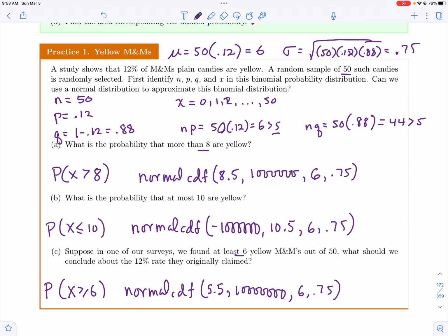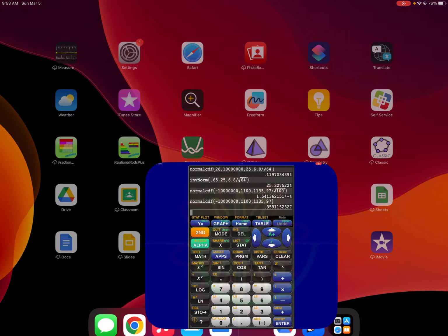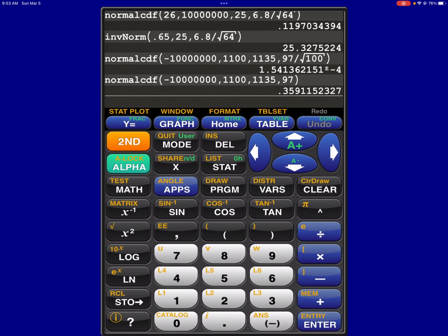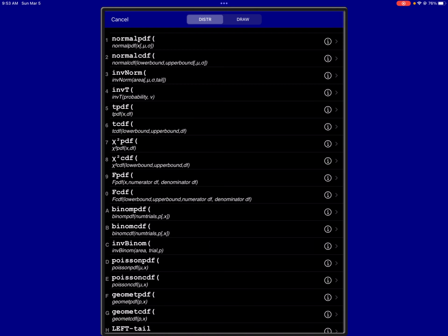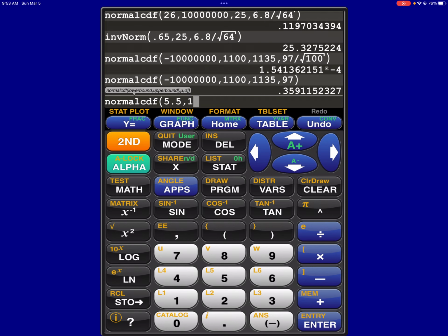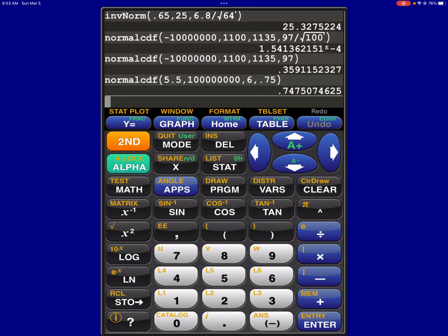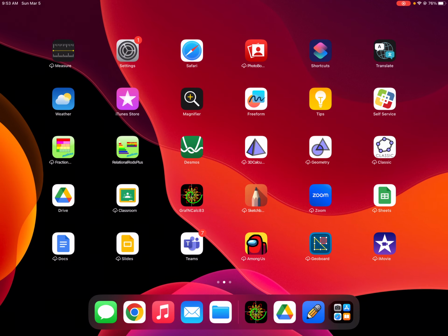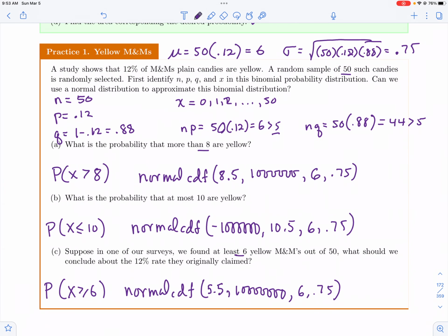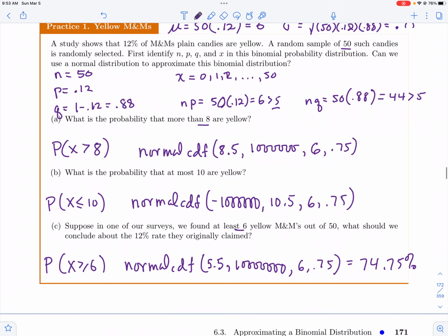All right. So let's throw this in the calculator together since this one's asking a different question. So we've got our normal CDF, 5.5, comma some really big number, comma 6, comma 0.75. And so in this case, we've got a probability of 74.75%. And so if you think about 6 out of 50,